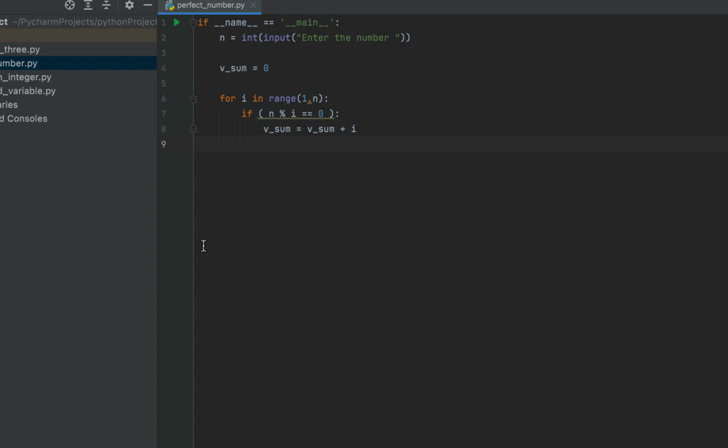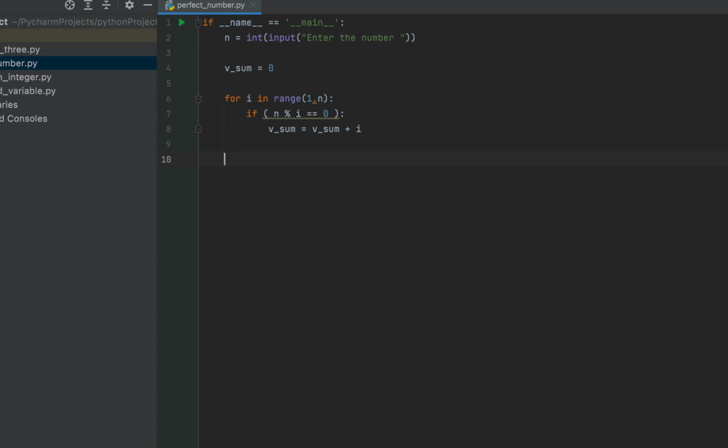If not, then no. So I will simply write if v_sum double equals sign n colon print, curly brackets is a perfect number dot format within brackets, it will be n, else colon, I'll copy this from here and paste it over here,